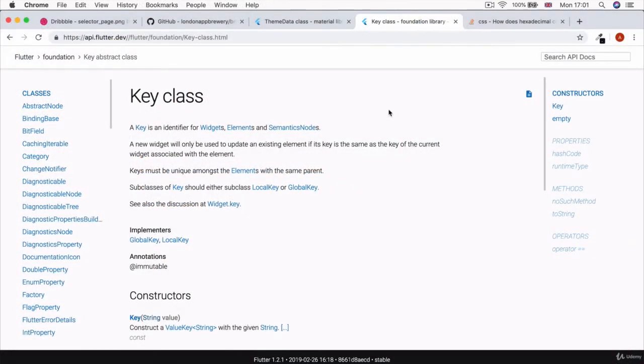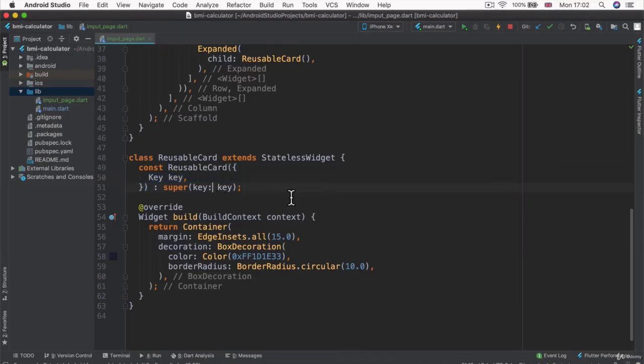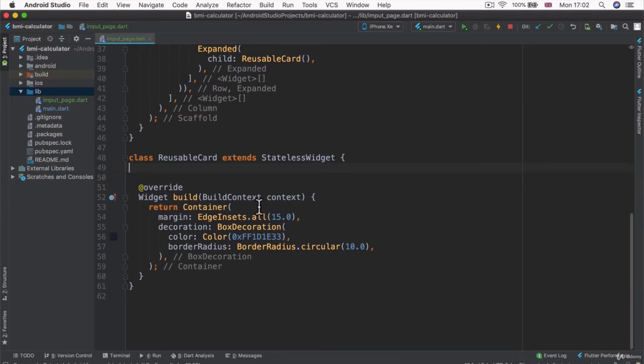The key class is something that you use when you need to keep track of the state of widgets. This is especially useful when your widgets are moving around in the widget tree, when they're changing their position in the widget tree. This usually happens when your widgets are physically moving on the screen, such as in an animation, or when you see things scrolling on screen. But in most other cases, we don't actually need it. So we're going to delete this constructor that got generated automatically,